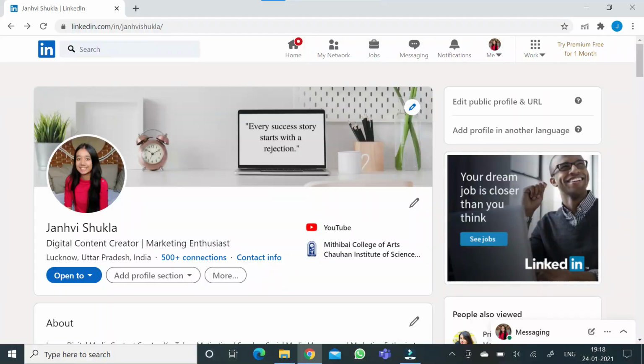They search these specific terms that lead them to the people they're actually looking for. So it's very necessary to have these keywords in your profile to mention your expertise or your area of interest that you're looking to get your next internship or your next job for. So make sure that you mention these keywords in your LinkedIn headline.